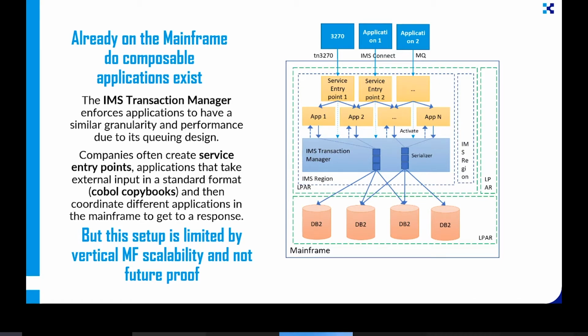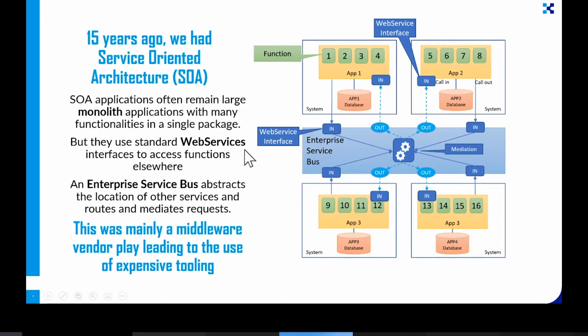This slide is merely there to say that composable applications in a modular architecture is not something we just started doing. Actually, 15 years ago we already had service-oriented architecture. At that moment, there were already a lot of distributed applications which were really monolithic. They had their own graphical interface, their own business logic, their own data, and a lot of business functions in there. But then they needed data from elsewhere, so you started integrating, and then there was the idea: can we do that in a way that's more composable and more modular? And what happened